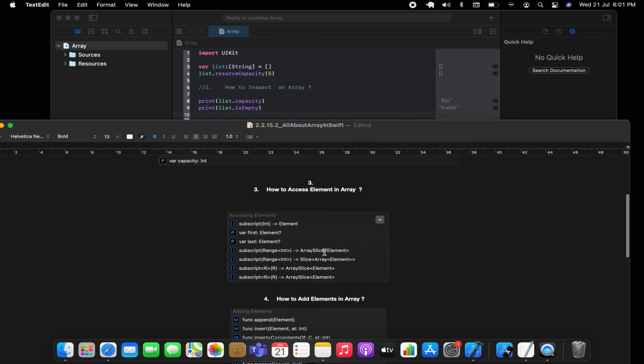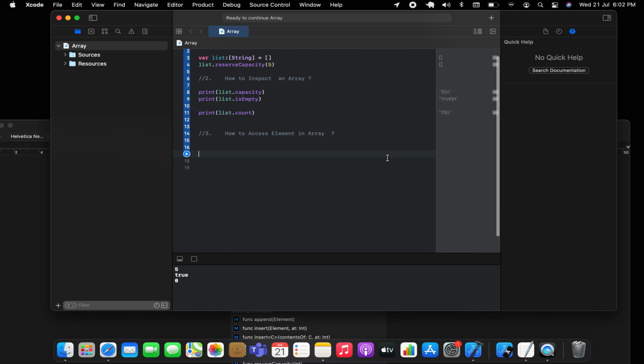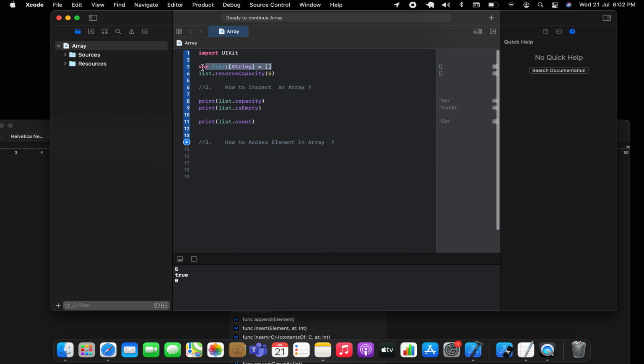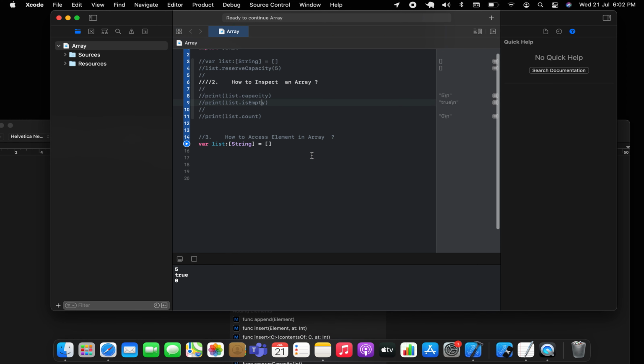And now you need to go for the third one. This is saying how to access elements in an array. So this was inspecting. Now number 3 is how to access elements in an array. So the same list I will create here, and I'll comment this thing out because it's already completed, right? Now if you will see